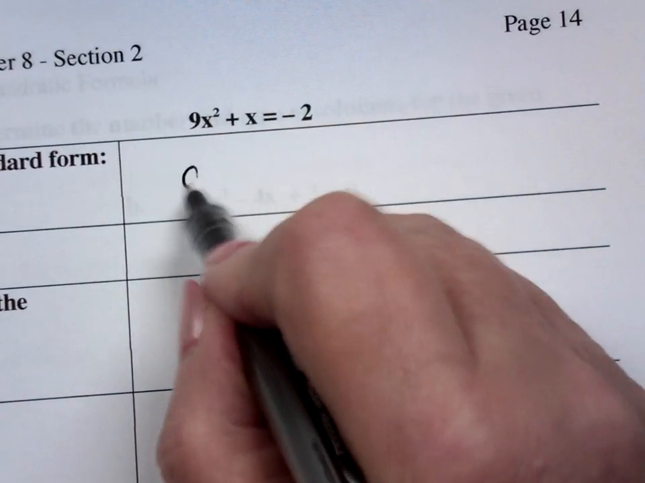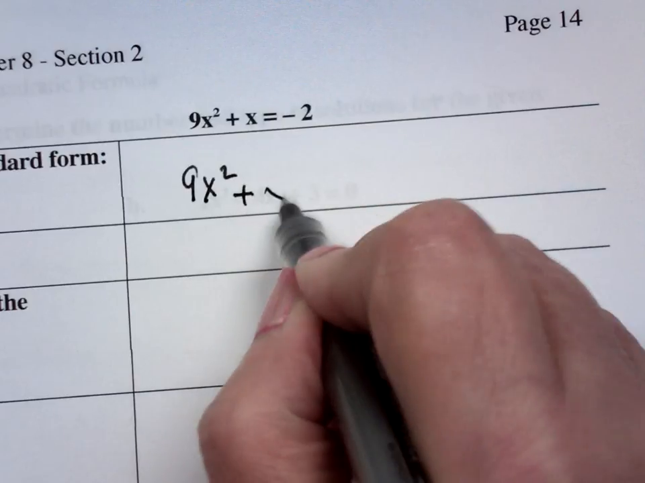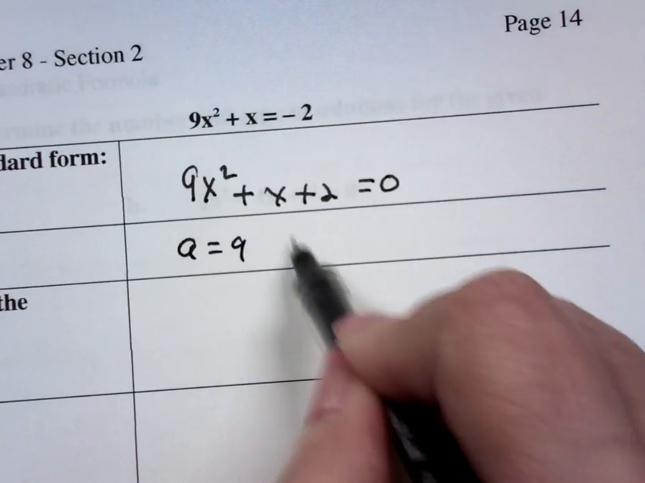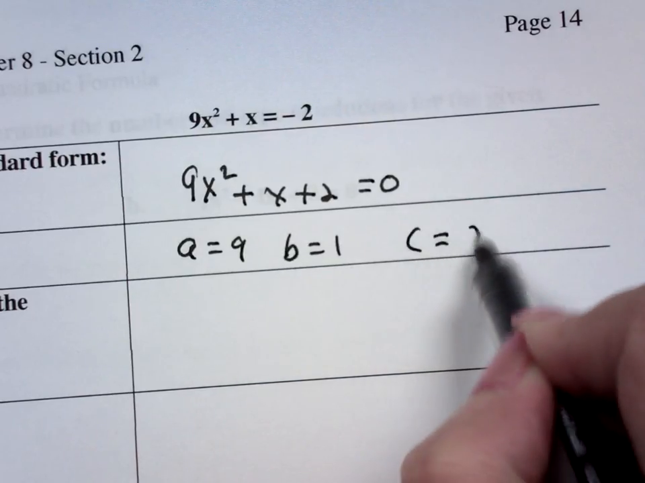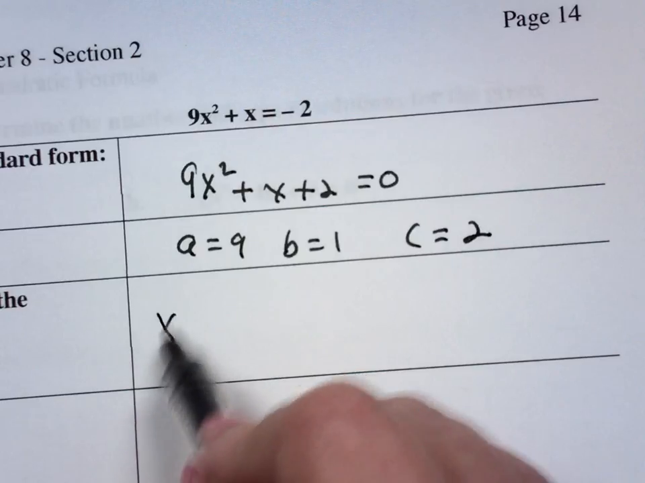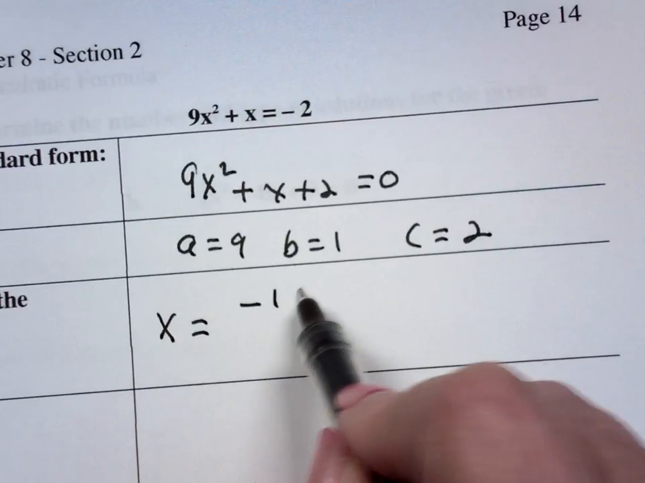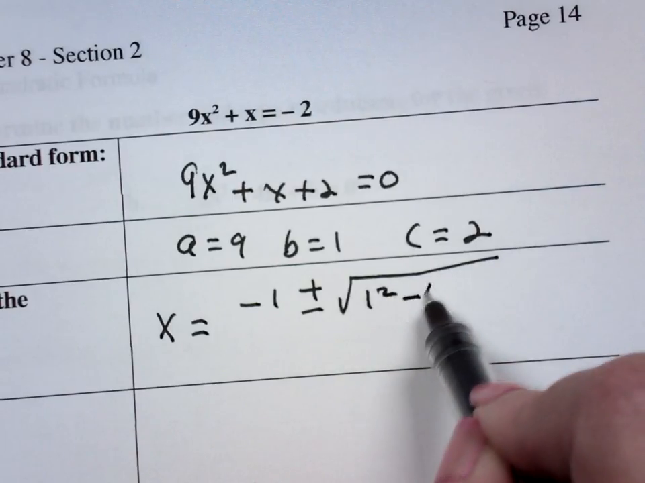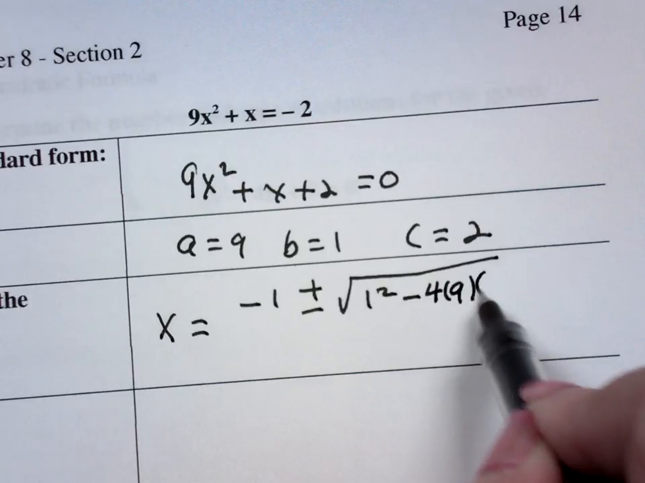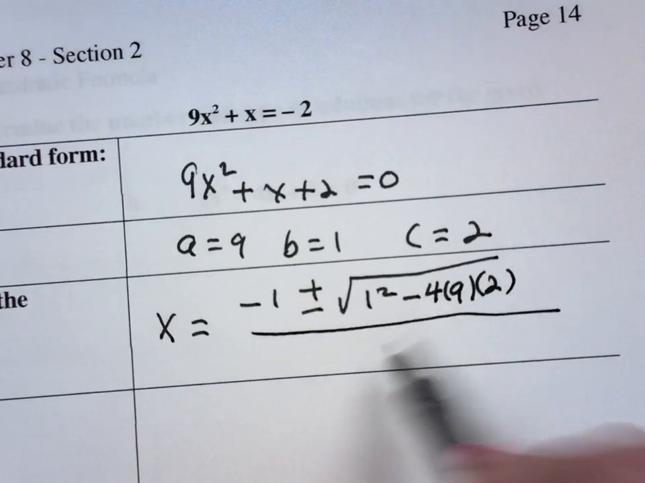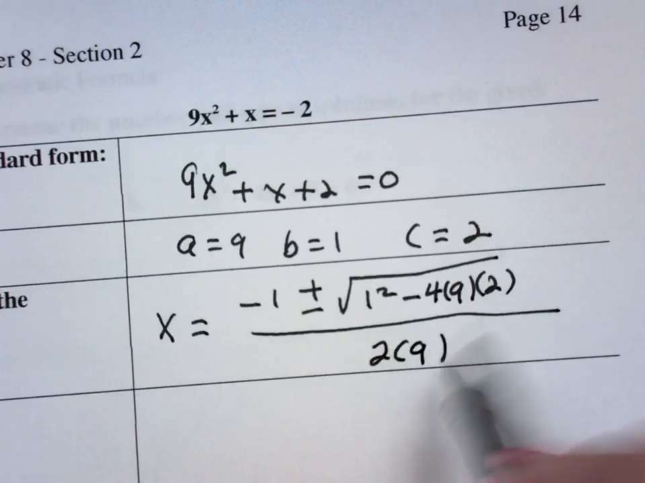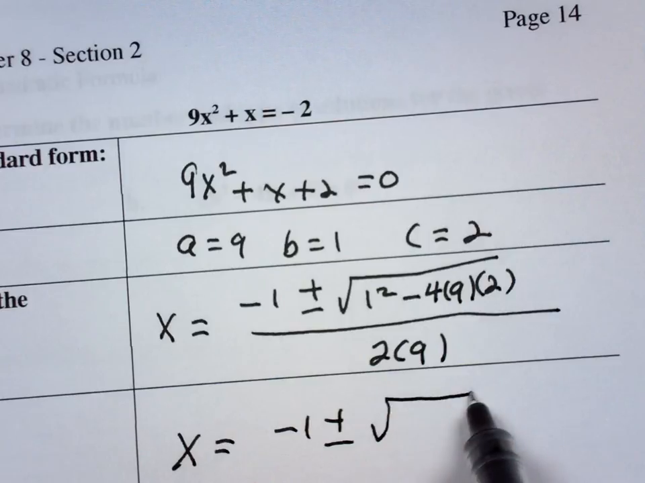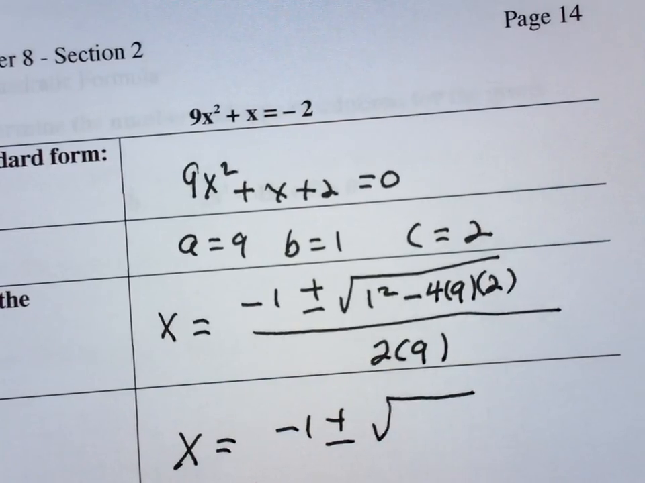Okay, here we go. We need to rewrite this. Ax squared plus x plus 2 equals 0. A is 9, B is 1, C is 2. So x is minus b plus or minus the square root of b squared minus 4 times a times c, all over 2 times a, or x is minus 1 plus or minus the square root of 1 squared,